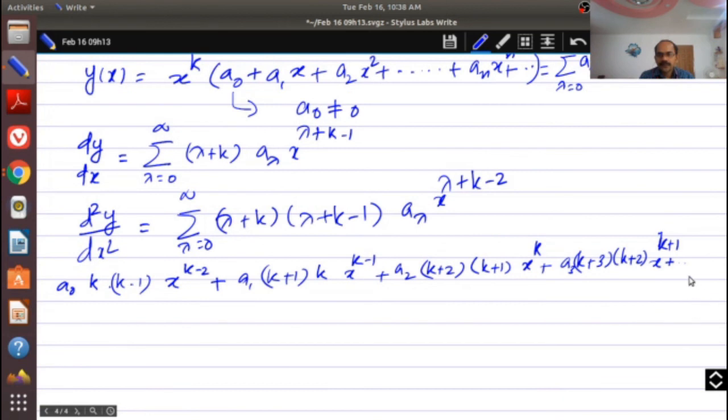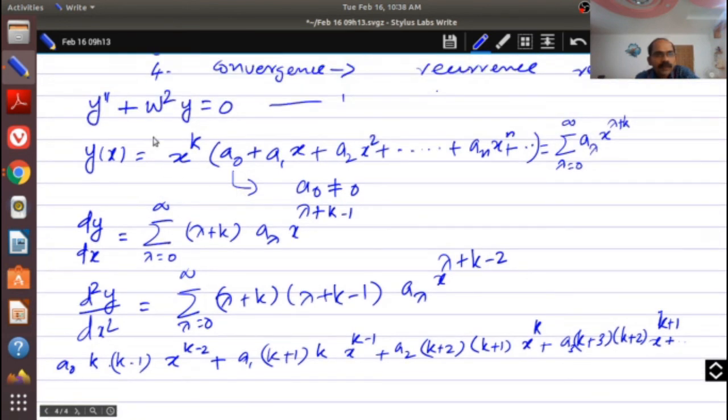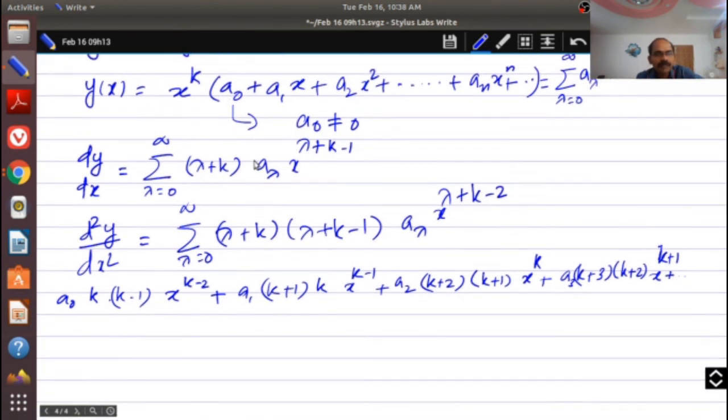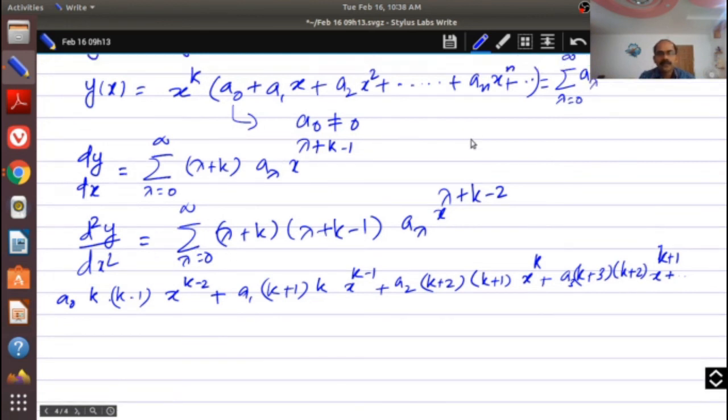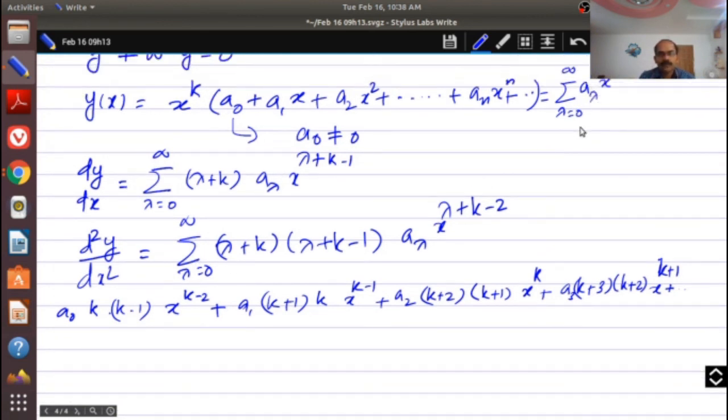And in this equation, y double dash plus omega squared y, everywhere I multiply omega squared, and y is this one, so when I put lambda equal to 0,